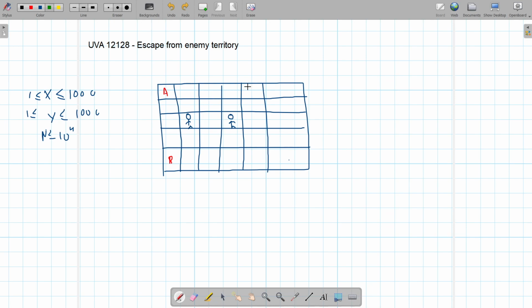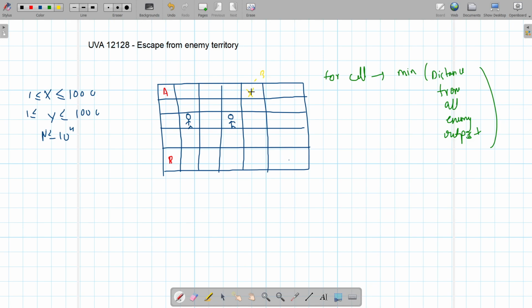We first need to find for all cells what is the minimum distance from all the enemy outposts. For example, suppose we are talking about, let's say, this cell. We might be analyzing some path and we are using this cell for that path. In that case, we just have these two enemy outposts. So for this, the answer will be 3, and with respect to this one, it will be 3,